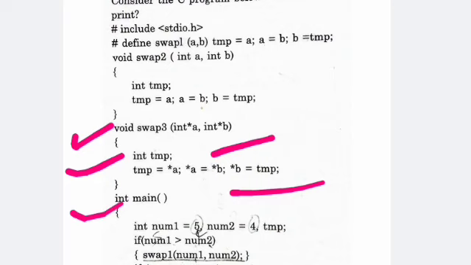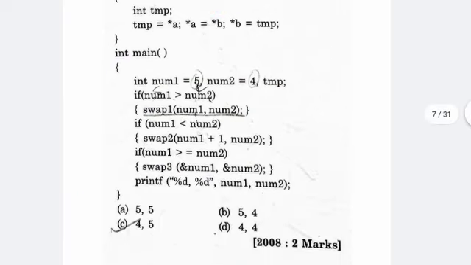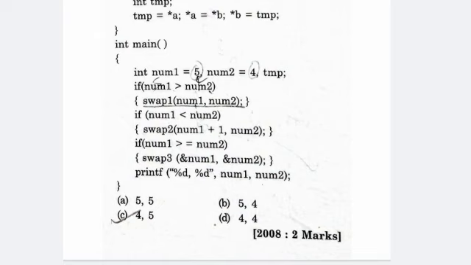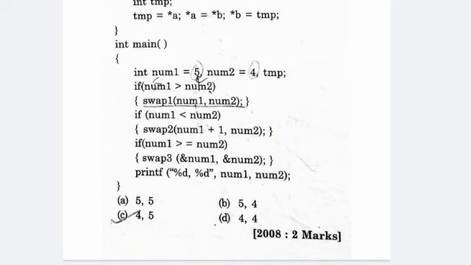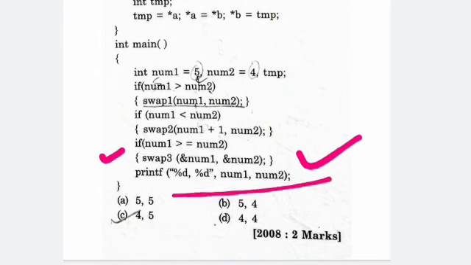Now come to the main function. So the basis of the main function is given like that. Here int num1 equal to 5 and num2 equal to 4. If num1 is greater than num2, then swap1 function is called. If number 1 is less than number 2, then swap2 is called, and if number 1 is greater than or equal to number 2, then swap3 is called, and then print the value of number 1 and